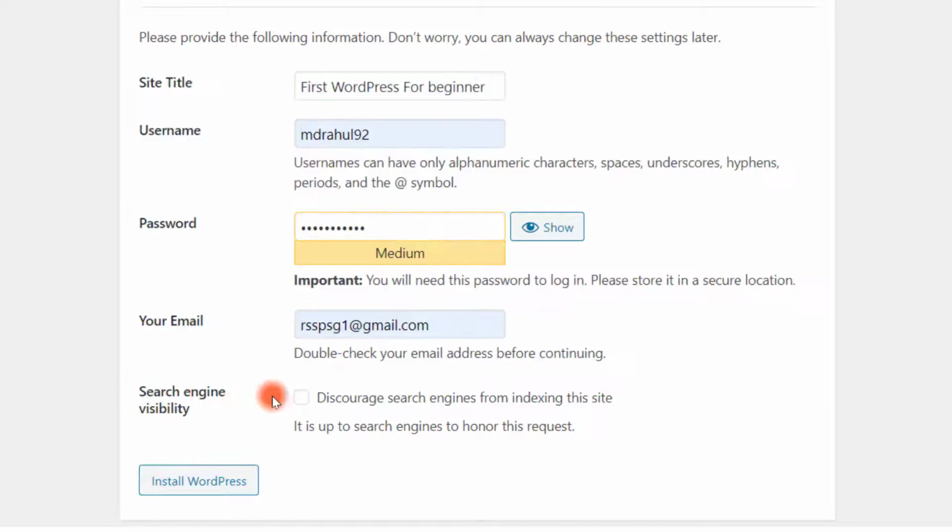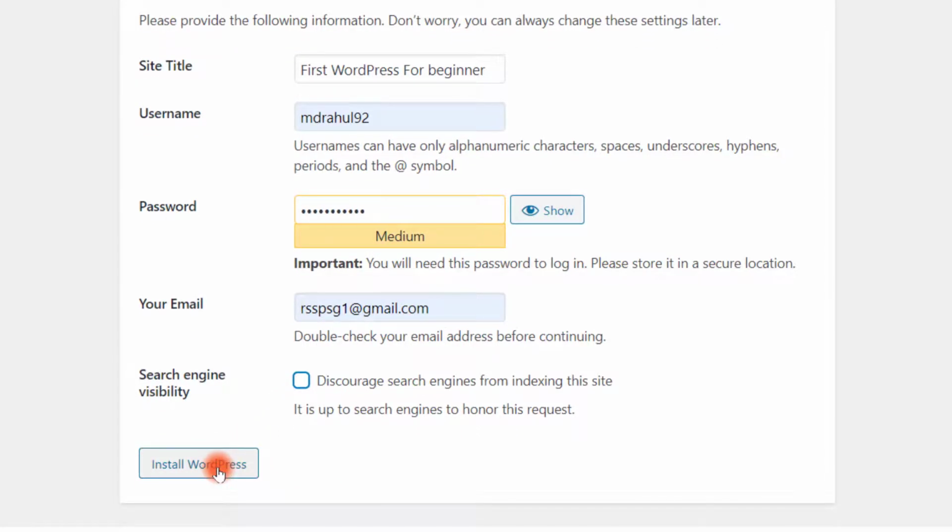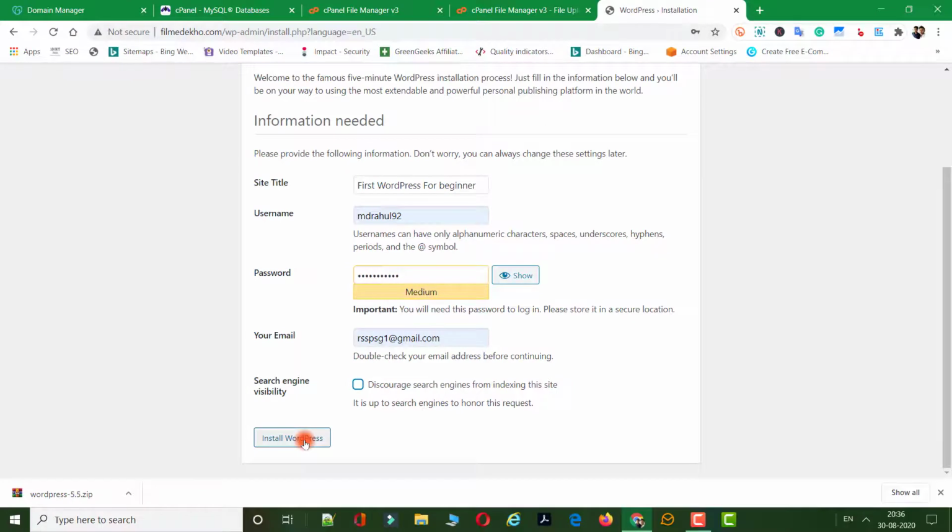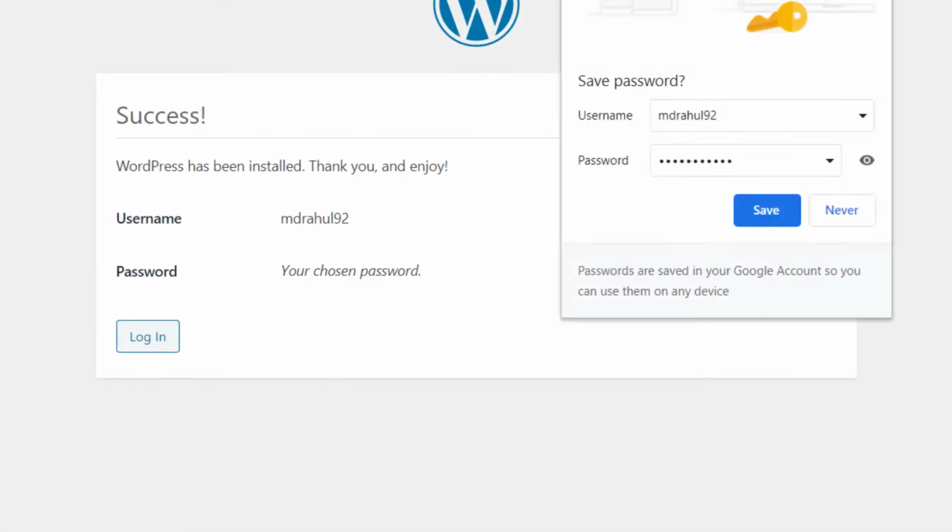Only mark this option when you don't want your site to be ranked on Google. If you want your site to rank on Google, don't tick it, okay. Now just click on install WordPress, and this is the final click for installation of WordPress manually, okay. So when I click on install WordPress, WordPress will install automatically and everything will be done.